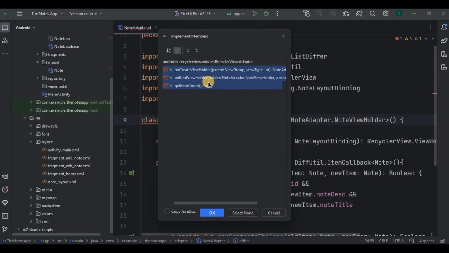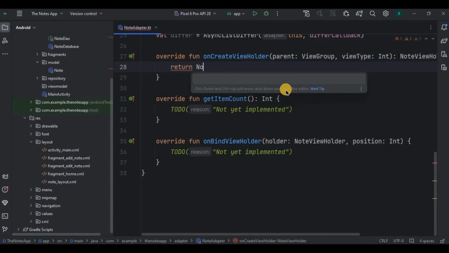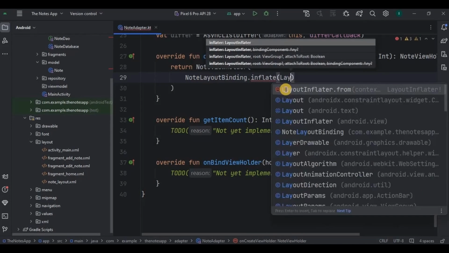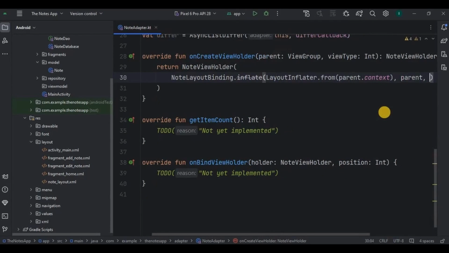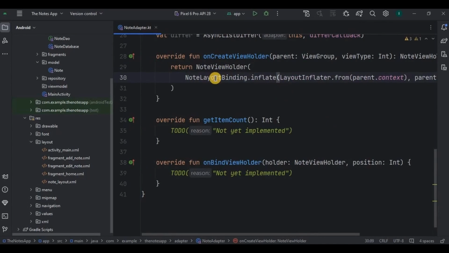That is onCreateViewHolder, onBindViewHolder, and getItemCount. First, in onCreateViewHolder, we need to define the view, means the XML layout file. So let me write the code. And done. See, as we have used binding, so NodeLayoutBinding will inflate parent.context and return NodeViewHolder,